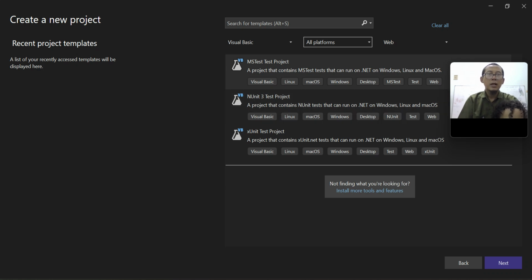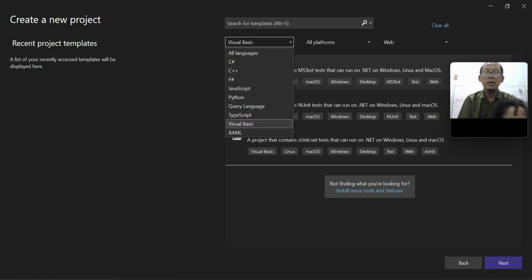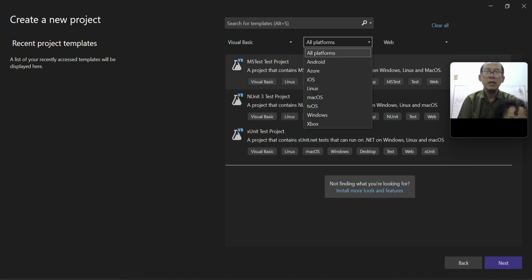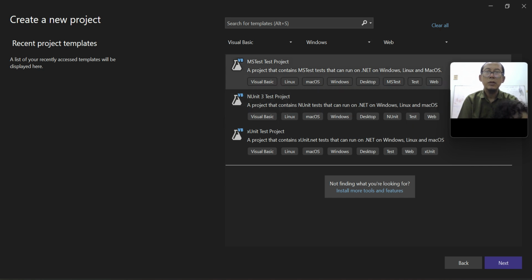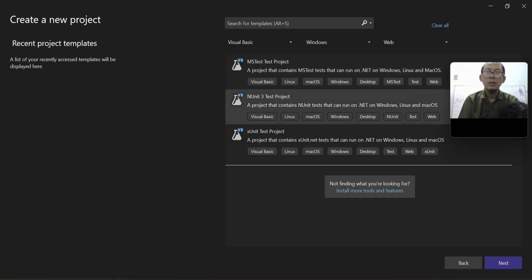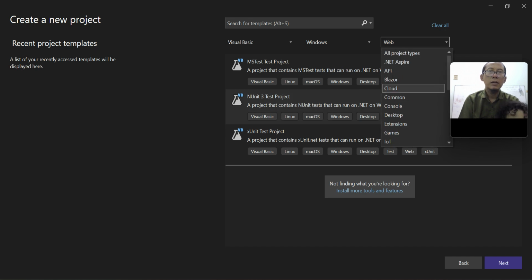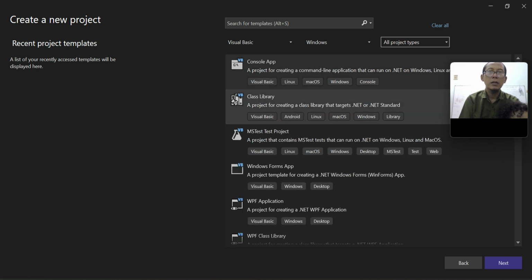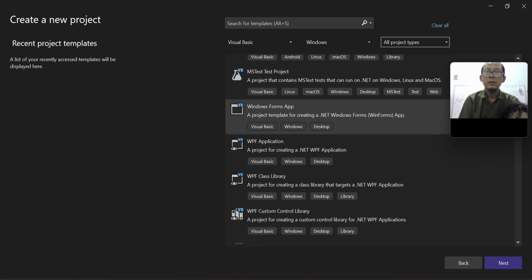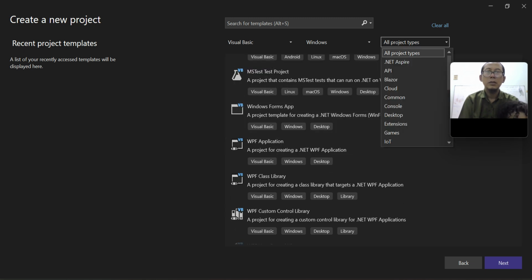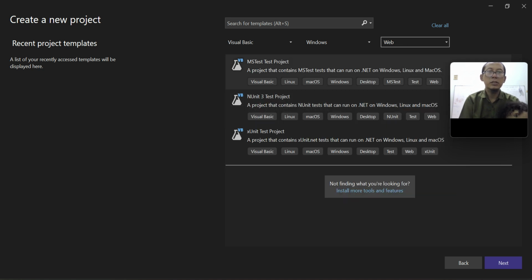So let's check our installation. Android, macOS, Windows. Okay. I need to use a web application.